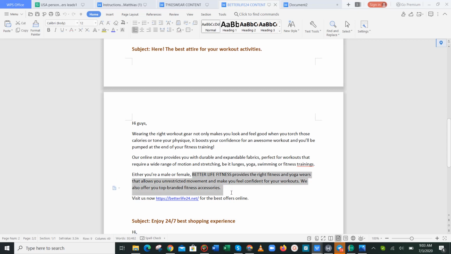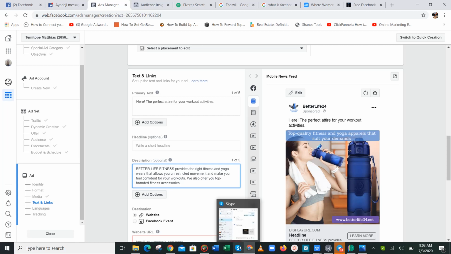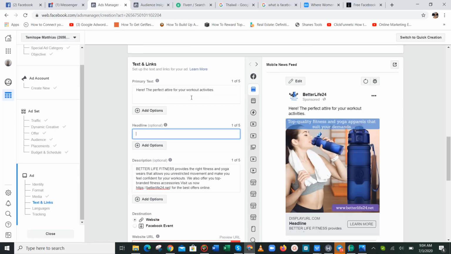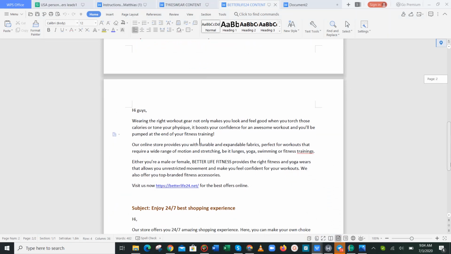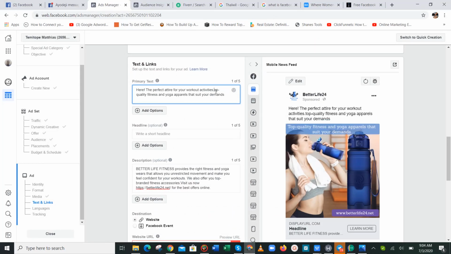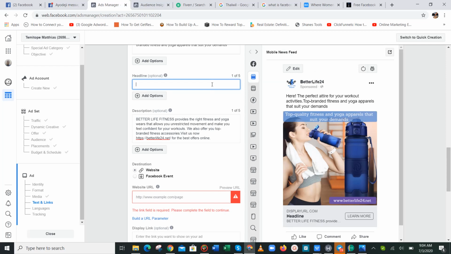So I now copy this. I want to use this as the description part. So now let me add more to this primary text. So now the headline. Let me add